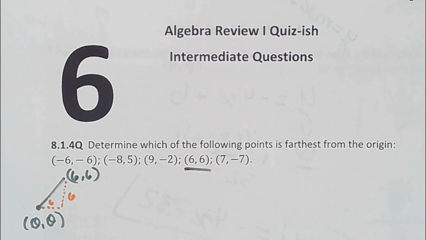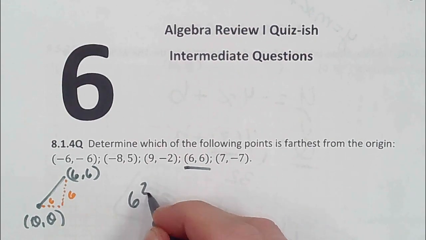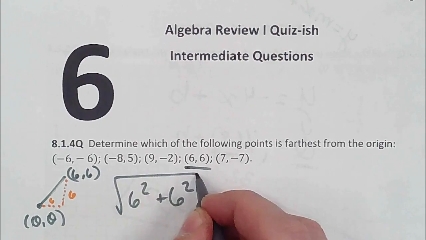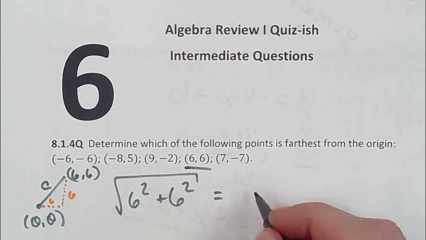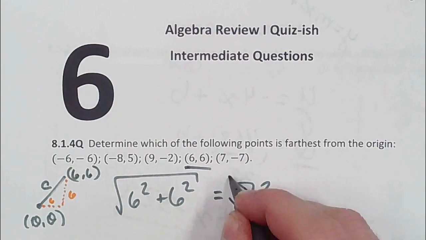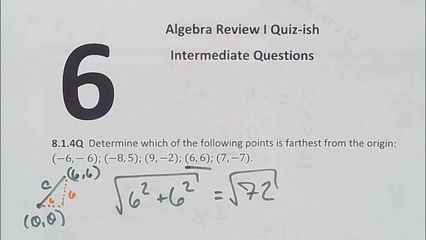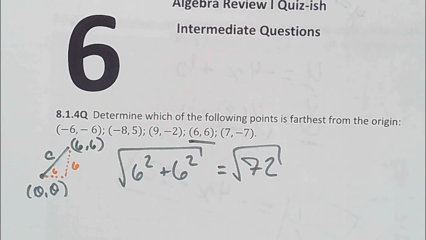So, in other words, if we do Pythagorean theorem, we've got 6 squared plus 6 squared, rooted, will get us the distance between them. Well, that looks like 36 and 36, which is 72. So we have root 72 is how far that is. That's slightly more than 8, because root 64 is 8. If I want to check the next ones,